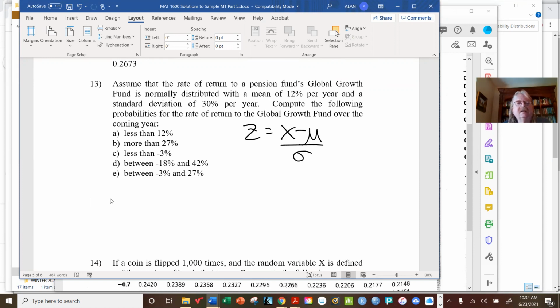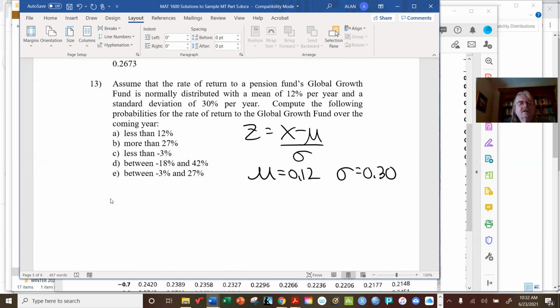Okay, so first of all, we're told that the return to this fund's global growth fund is normal. The mean is 12%. And the standard deviation is 30%. So let's convert those into decimals, of course. And we're going to calculate some probabilities. So for A, if we want to know the probability that X is less than or equal to 12%,